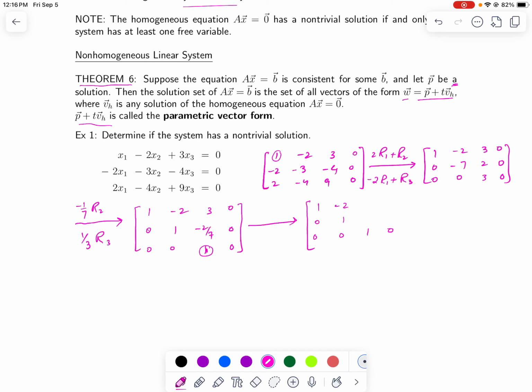So I will multiply the third row by -3 and add into the first row. And to make this quantity 0, I will multiply the third row by 2 over 7 and add into the second row. So this will give me 0 and 0 here, and nothing else changes. So that is easier to do. Now I can use this pivot and make the